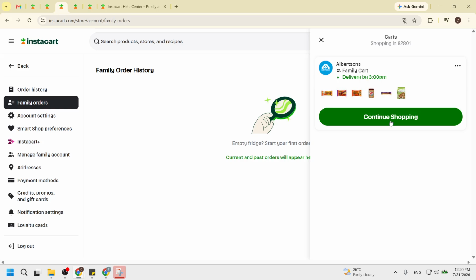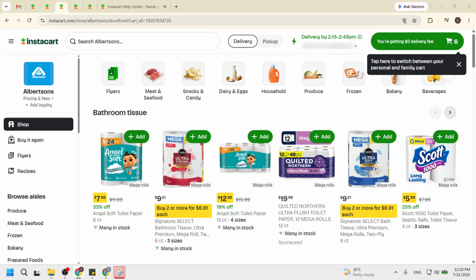Next up, when you find an item you want to add, simply click on it. After that, you will see an option to add it to your cart. This action makes sure that the item is included in the shared shopping list. You will notice a confirmation that the item has been added. This immediate feedback assures you that your changes are saved and others can see your selections as well.